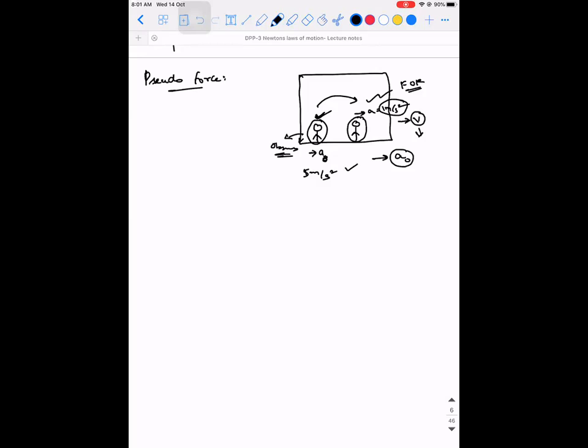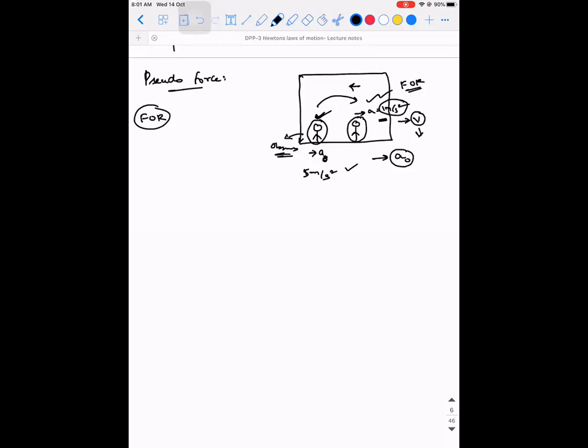Till now, your sensor was showing a reading of 1 meter per second square. But going forward, what will happen is, due to the inertia of direction, you will feel as if this person is moving in the backward direction. And the effective acceleration of this person going forward is not going to be 1 meter per second square anymore. It is going to be the difference of those two values. So why I explained all these things is, depending on the frame of reference.